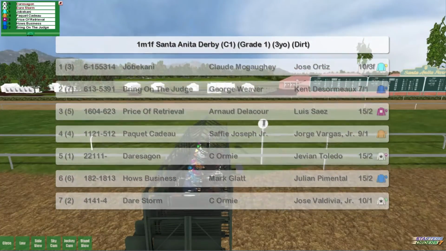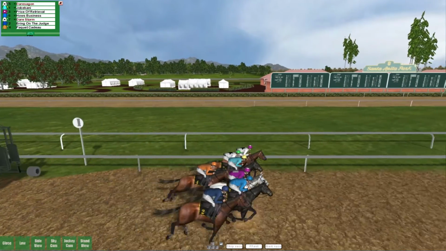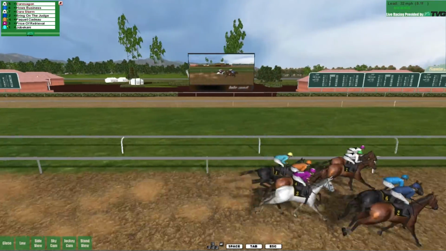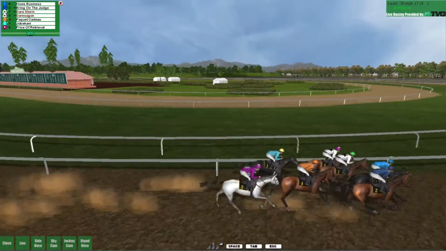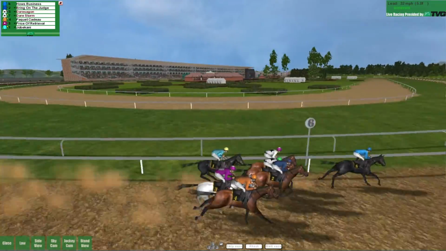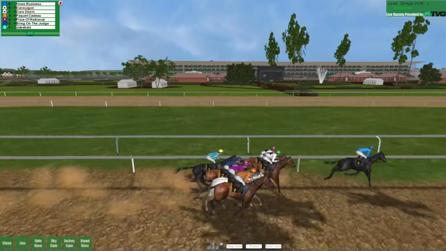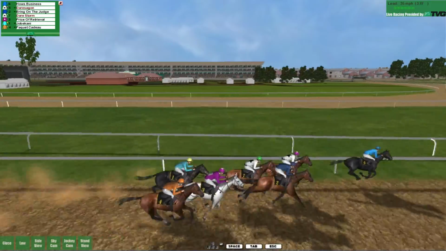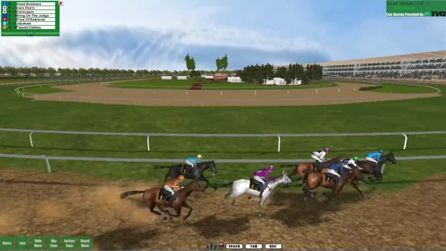I got no idea. Bring on the Judge. Joe Bacani should run well. Us, I don't know. We've got the two inside draws. It looks like Desagon in the purple cap, and then back to Darestorm in the green cap. But they are side by side. Behind House Business, Bring on the Judge in the dark blue silks on the outside. Paquet Kiddo on the far outside with Prince Retrieval inside. Sorry, Price of Retrieval inside. And Joe Bacani against the rail in the light silks,